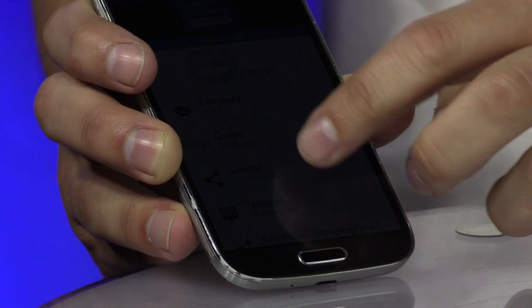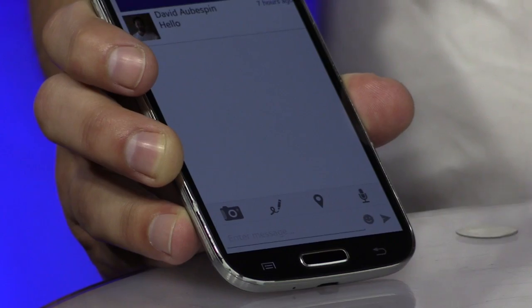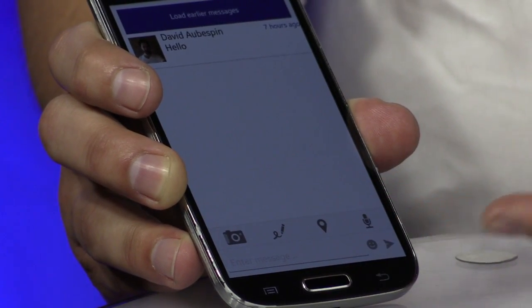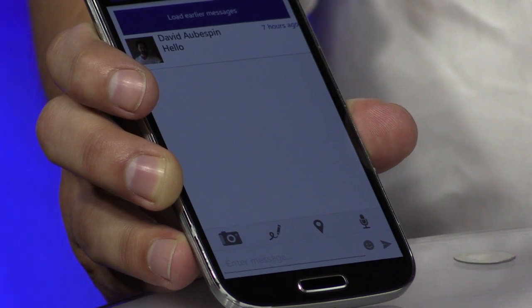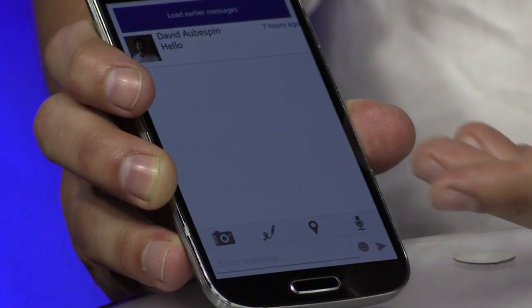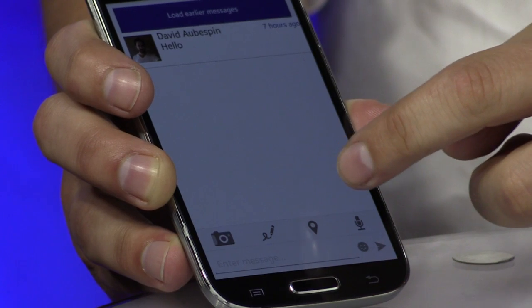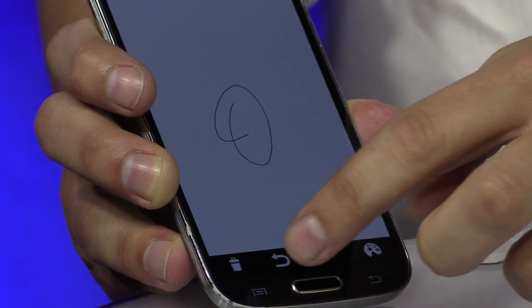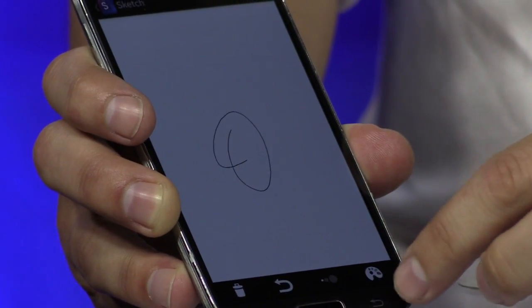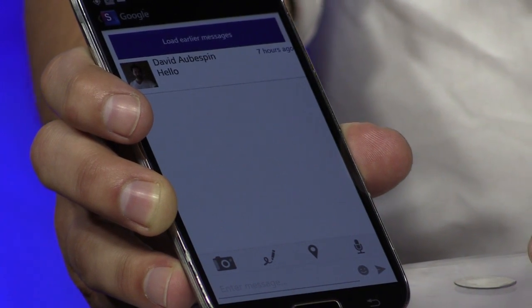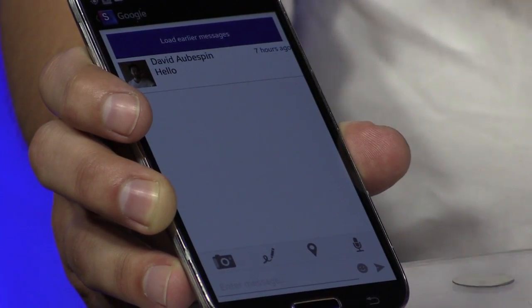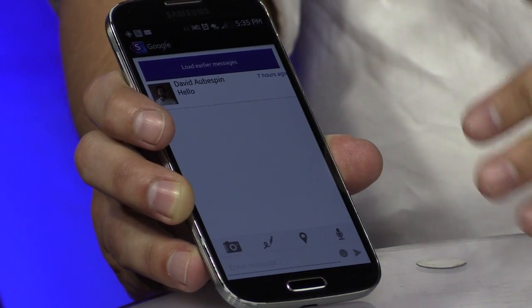Awesome. So when we hop into maybe the technology section, anybody can just talk to anybody else and get to know each other? It's exactly the idea. Sorry, I went to the Google one, but as you can see, the interface should feel very natural. You can send pictures, little sketches, doodles. You can do a lot of stuff. I see you can share your location there. So you find somebody and say, maybe I want to pitch you on this idea, or maybe we want to work together. You can meet up on location too. Yes, exactly. Or you can send voice. It seems very natural, but that's the whole idea.